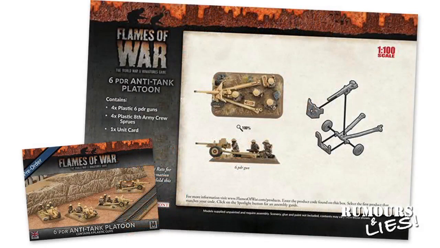The 6-pounder anti-tank platoon box set has 4 plastic 6-pounder anti-tank guns, plastic 8th Army gun crews and a unit card. The 6-pounder was the standard British anti-tank gun in North Africa, after it replaced the obsolete 2-pounder gun. Each gun in this plastic kit comprises 6 parts, so again it should be robust and survive tabletop use. The gun pictured here is without a muzzle brake, which was the common configuration in the desert. Later guns in Italy and the European theatres featured a muzzle brake, but I don't know if this option's available